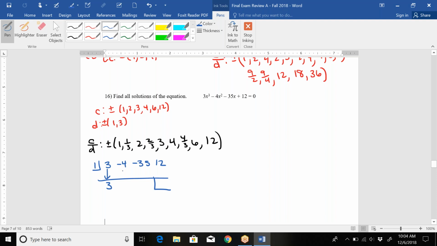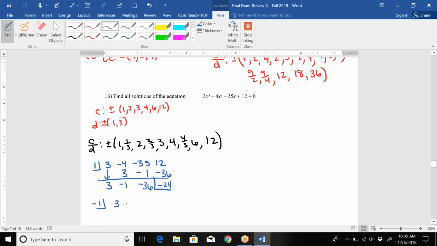So 1 times 3 is 3. -4 plus 3 is -1. 1 times -1 is -1. -35 minus 1 is -36. 1 times -36 is -36. And when we add that together, you get -24. Okay, so that's our first one. That did not equal 0, by the way. Now we'll try